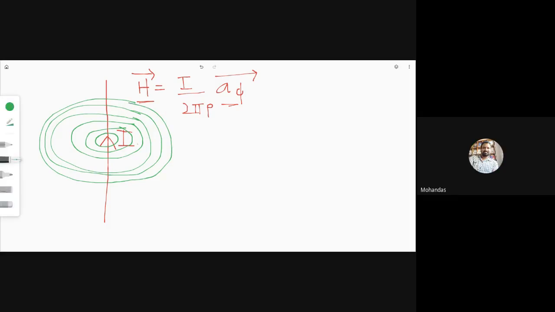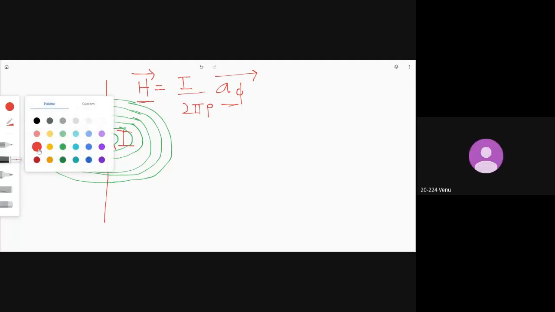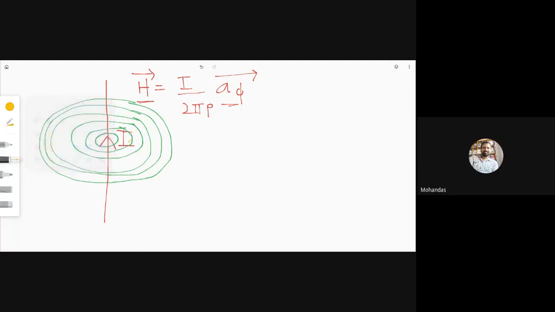Now tell me the direction of the magnetic field lines if the current is in upward direction. Anticlockwise. Yeah, that should be in anti-clockwise direction, as it is positive a_phi, it should be in anti-clockwise direction. Now, is it same as the thumb rule, right? Now use the thumb rule here. In the case of a straight conductor, listen carefully, how to use the thumb rule?